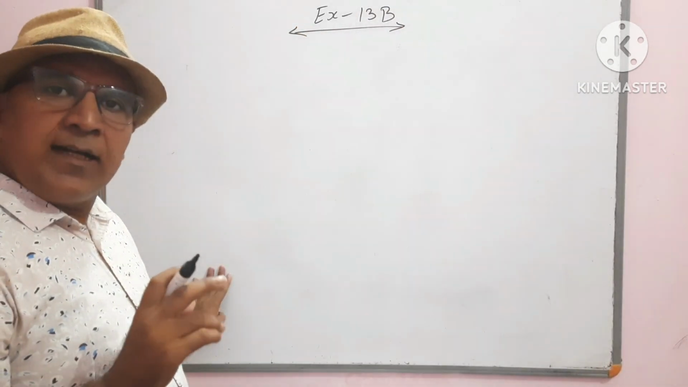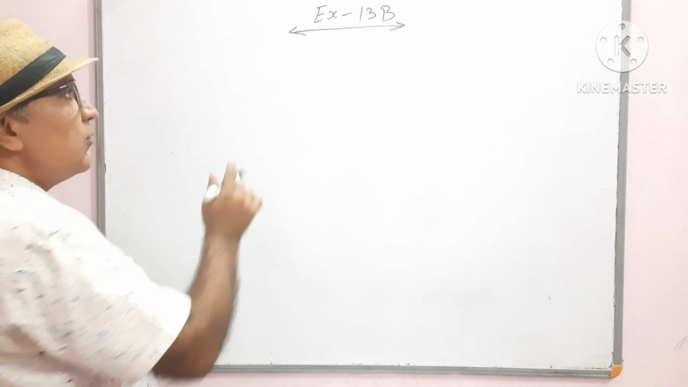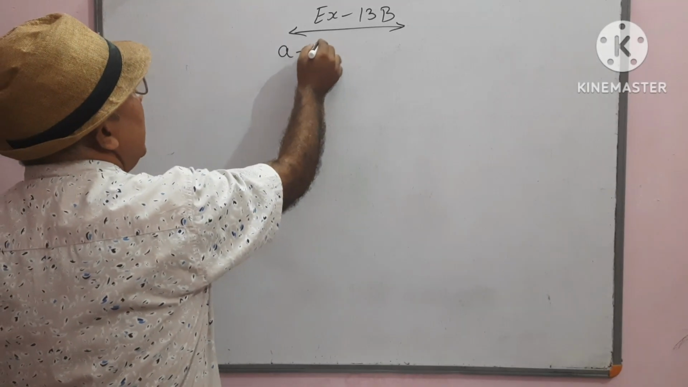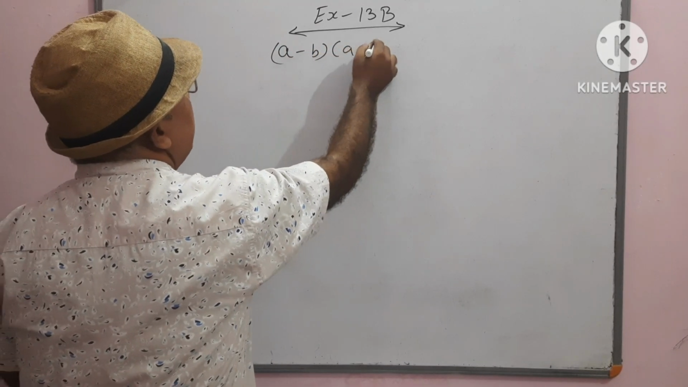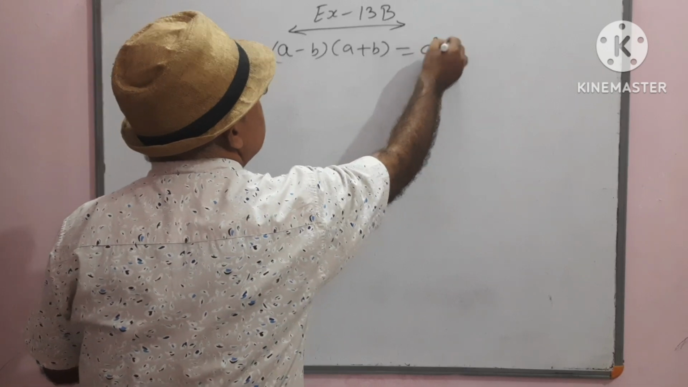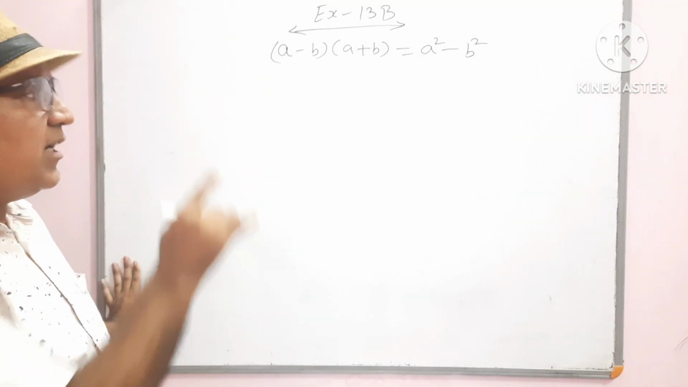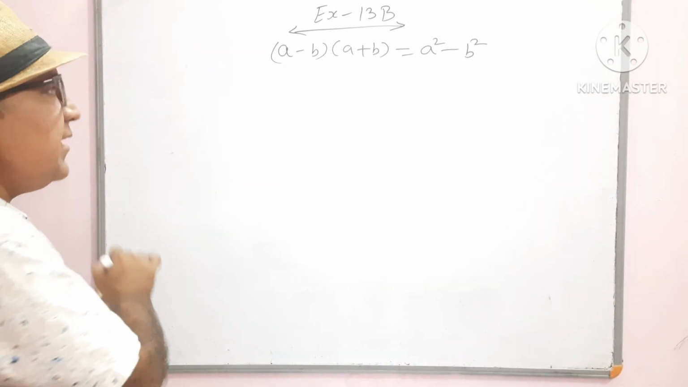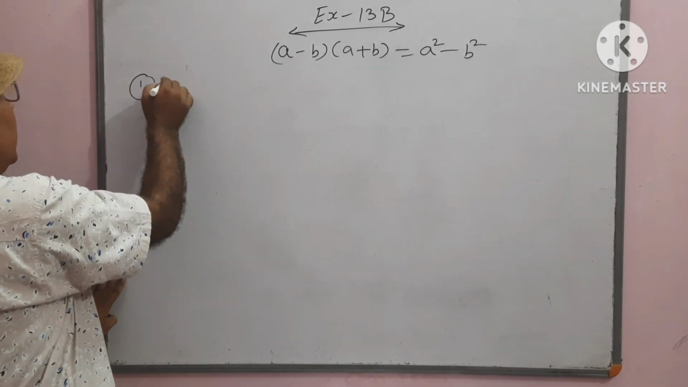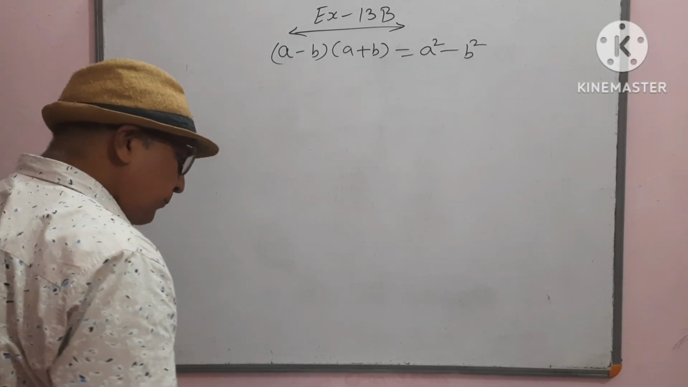Mainly in this exercise we will use this identity: (a minus b) into (a plus b) is equal to a square minus b square. Mainly we will use this identity. Okay, so now see question number 1, part 1 is